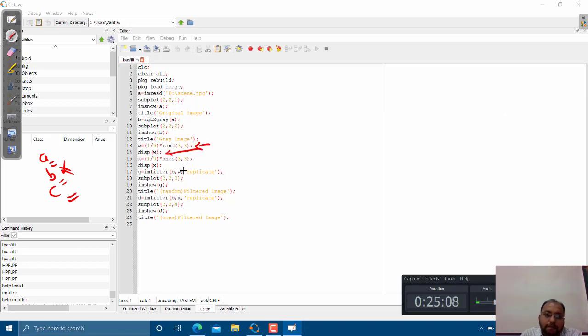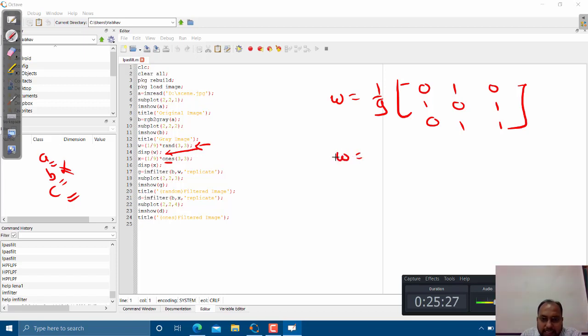W is like this, 1 by n, and it will take any random value, maybe 0, 1, 0, 1, 0, 0 like that. This is nothing but a random value. And x you might have seen, I have defined x also, right? That x can be written as ones, so all the values of this matrix are 1.